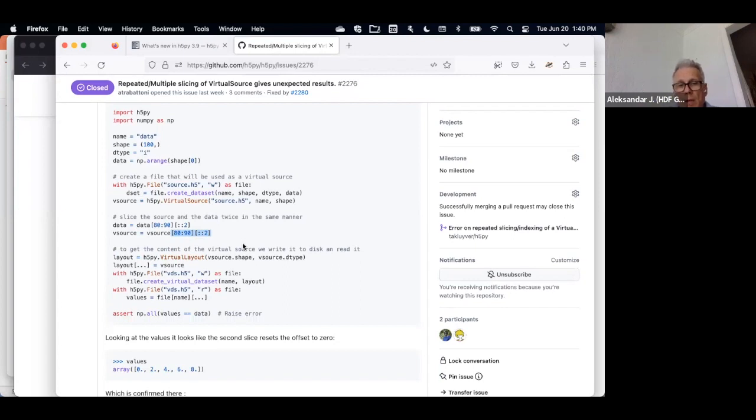But how virtual sources were implemented in h5py, they were not allowing it. So maybe an hour or so ago, there was a merge that will raise an error and prevent this kind of thing. It's going to only allow a single slicing operation of a virtual source, and not allow any follow-up.